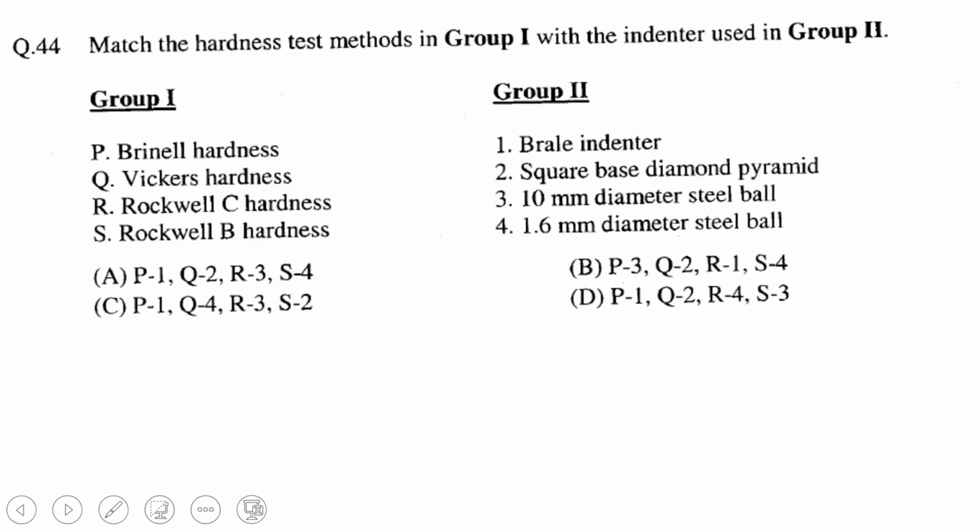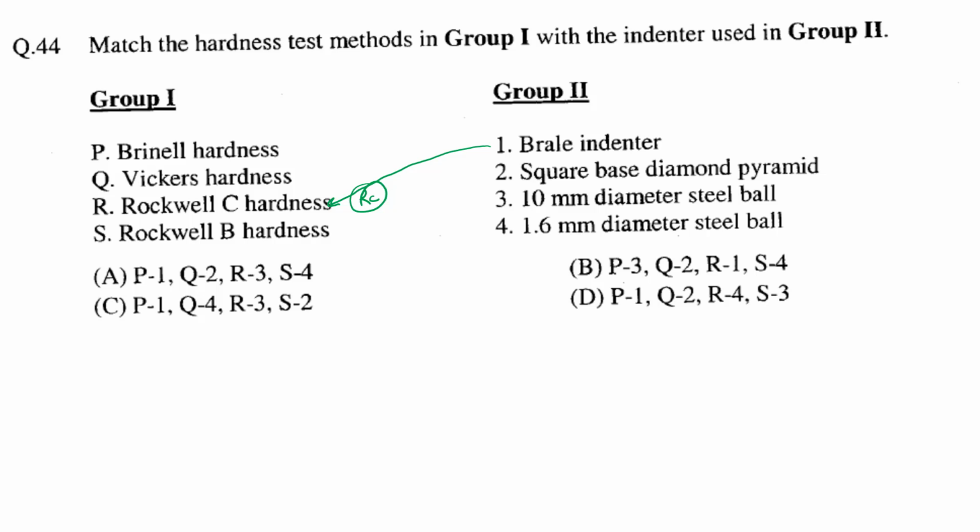Let us proceed. Match the hardness test methods in group 1 with the indenter used in group 2. First it is Brinell hardness, then Vickers hardness, Rockwell C hardness, Rockwell B hardness. The indenters are square base pyramid, diamond pyramid, 10 mm diameter steel ball, 1.6 mm diameter steel ball. So the Brale indenter is used in Rockwell C, right? RC is used in many